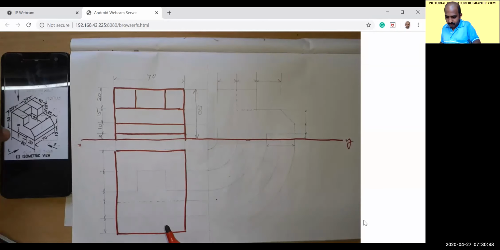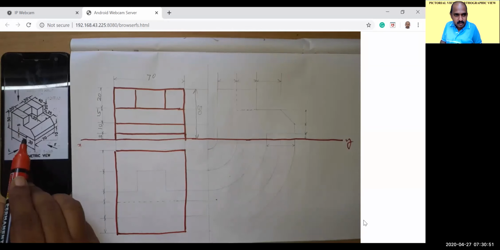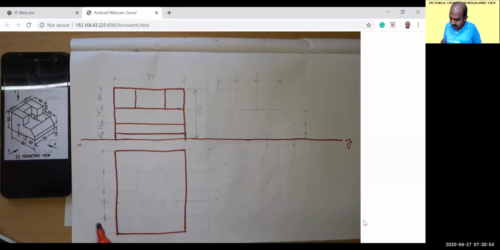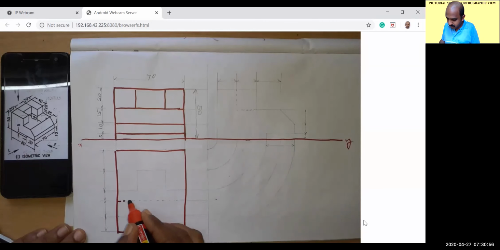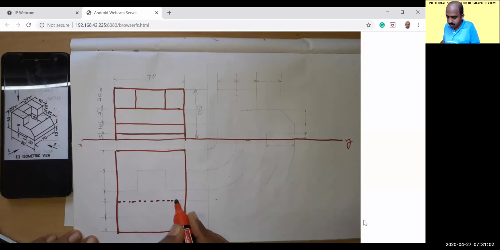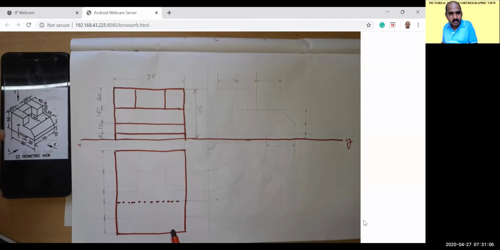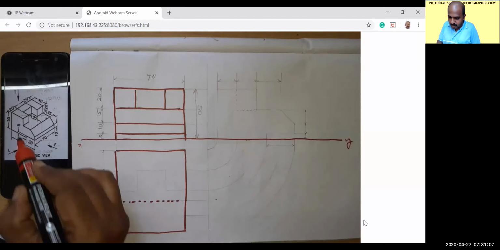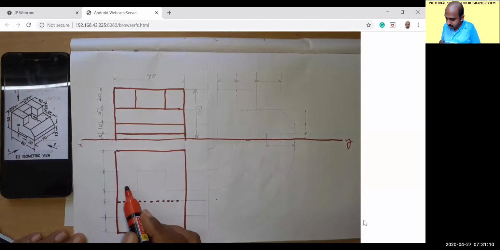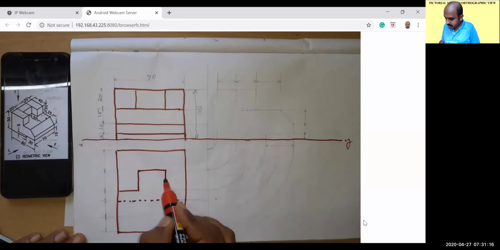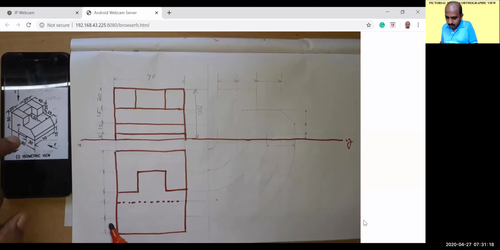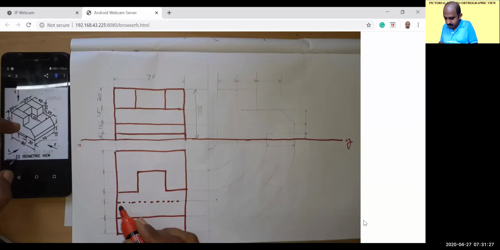Now, when you are looking from the top, here at the bottom there is a line, so that is why it shows as hidden. What is the distance? 30 mm apart when you are looking at the top. This is a hidden portion. The line is there, but it is hidden when you are looking from the top. And here at the top, you can give 20 and width is equal to 20. Then there is a section. And here is 25 mm apart. Here is another line, 25 mm apart from here.